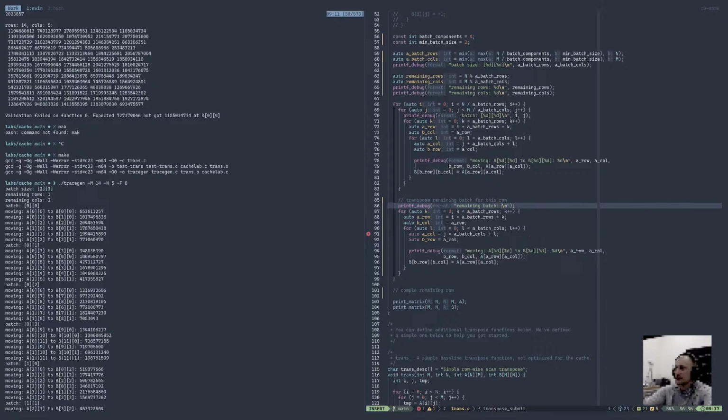Like what batch is it? I think it would be worthwhile computing that. So the batch would be i times the batch size. Yeah. And then this would just be